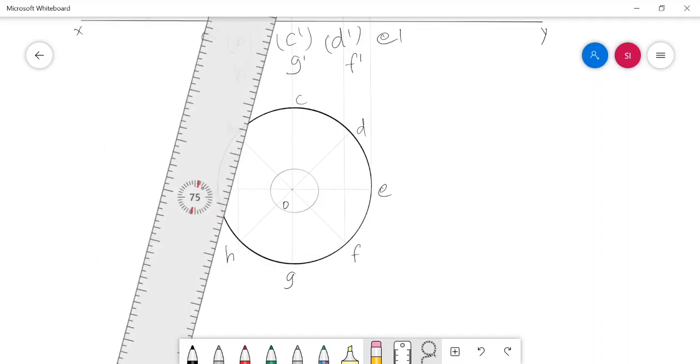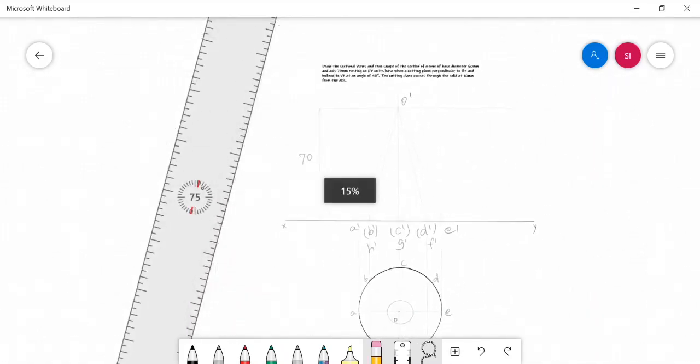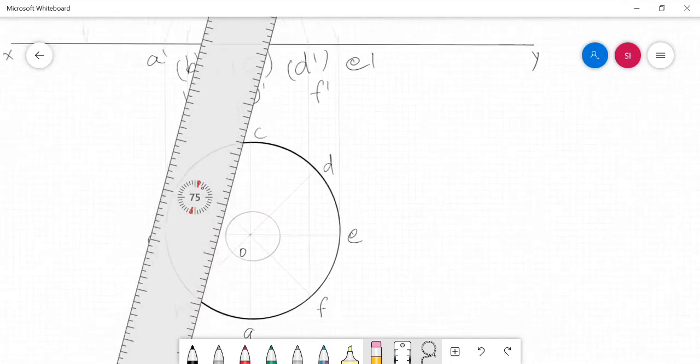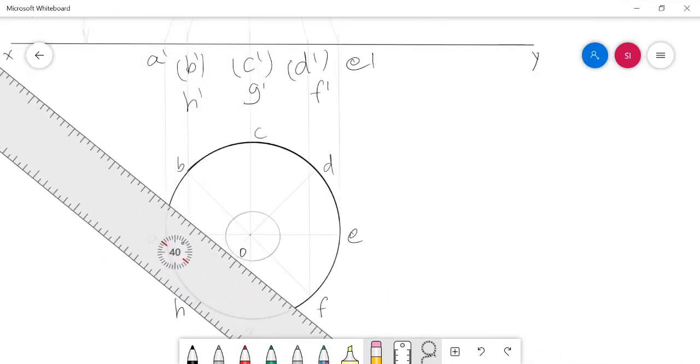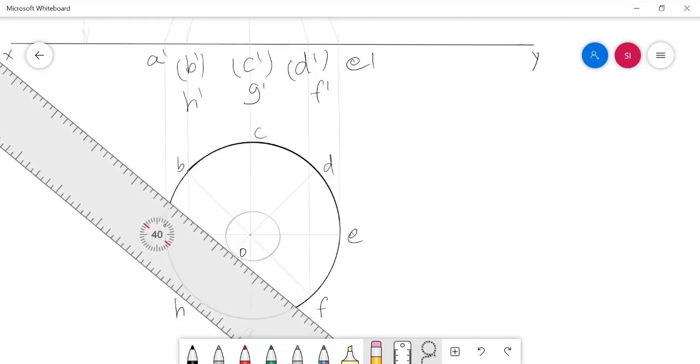And now the cutting plane is inclined at 40 degree to VP. This 40 degree inclined cutting plane passes through the solid 10 mm away from the axis in the top view.